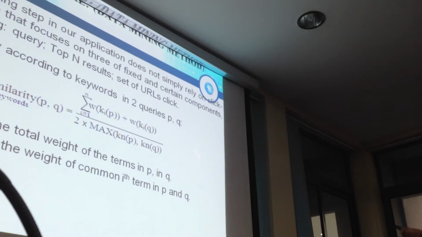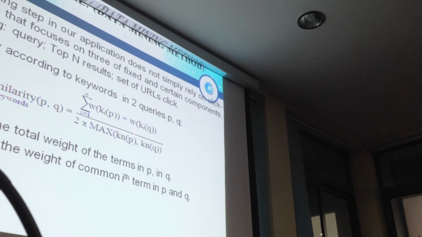And to determine the similarity between two queries from the database, we use three factors. The first is the query, about the terms in the query. The second is about the top results returned in each query. And the third factor is the URLs clicked by the user.